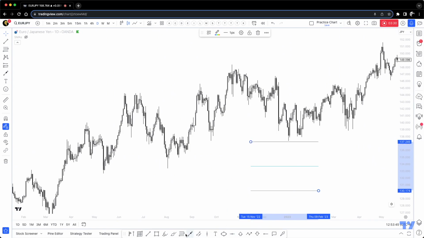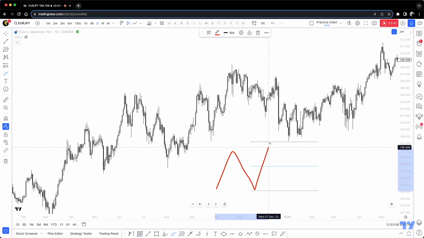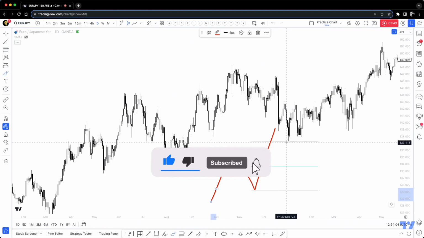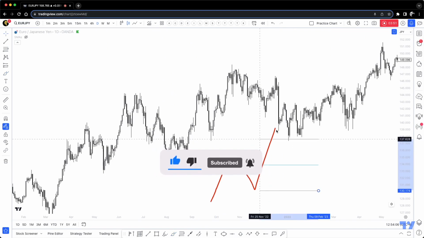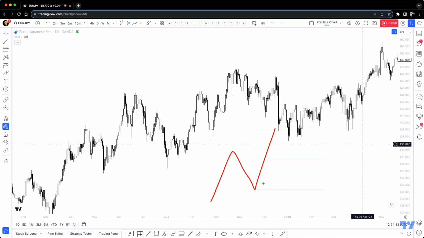Let's suppose we have, let me get the pen tool. So let's say the market is coming like this, and then pulls back, then we have a break. Maybe like that. So something like that, right? So what I normally do is I mark my Fibonacci, from the lowest point before the break to the highest point right there.